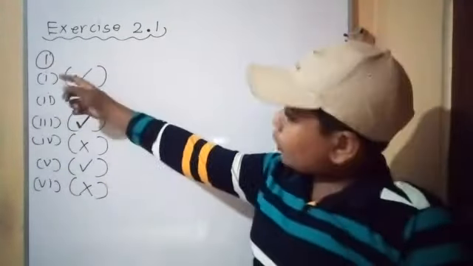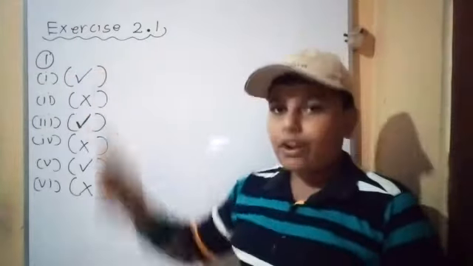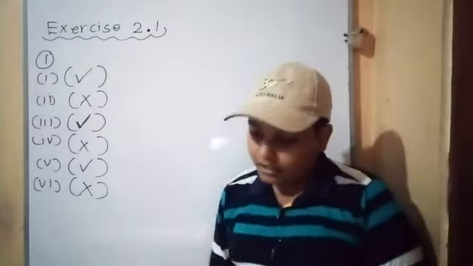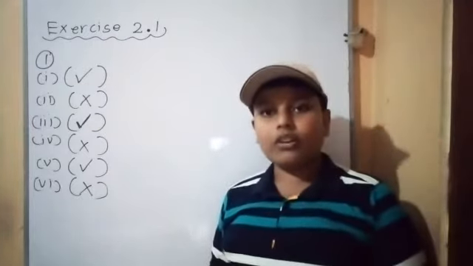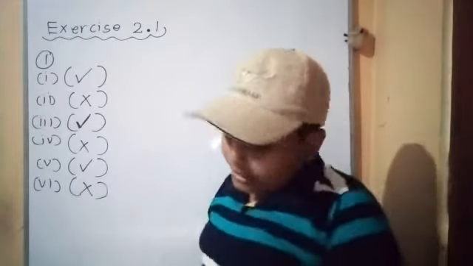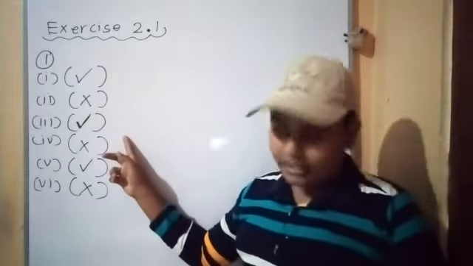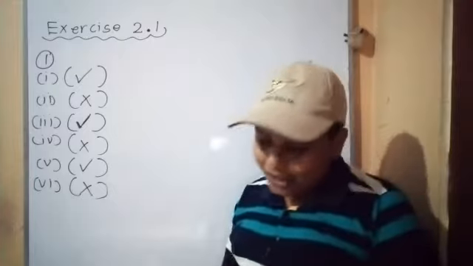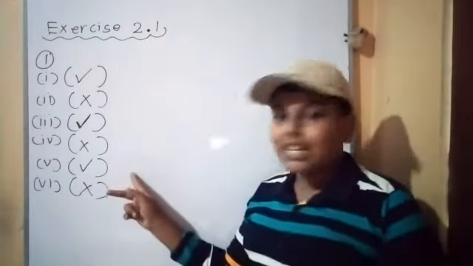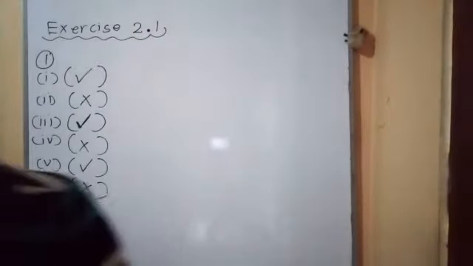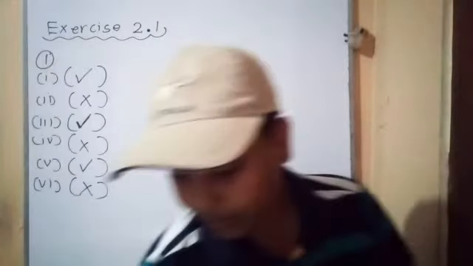Those who obtain more than 100 marks in the grade 5 scholarship examination in 2013. Correct? Now you can get. Now talented singers, they have more, no? All are talented. We can't classify that. Districts of Sri Lanka can. They have 9 districts. The fourth one, beautiful flowers, can't get. All are beautiful, no? Now numbers between 0 and 50 which are multiples of 6 can. People who are fortunate. We can't classify that, no? So, that is exercise 2.1.